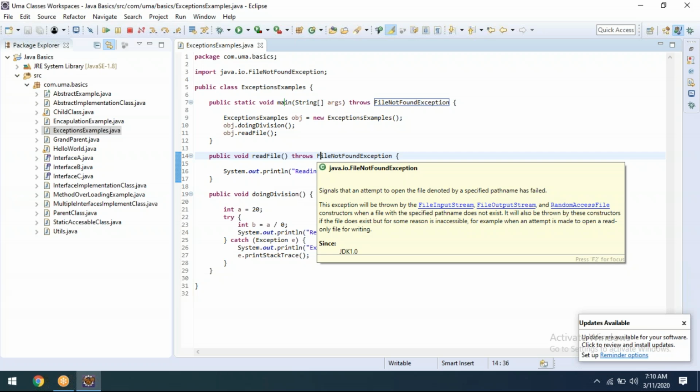What do you mean by interoperability? It is nothing but one class depending on another class. Whenever we design a framework, there should be some super classes, some child classes, and some interfaces.